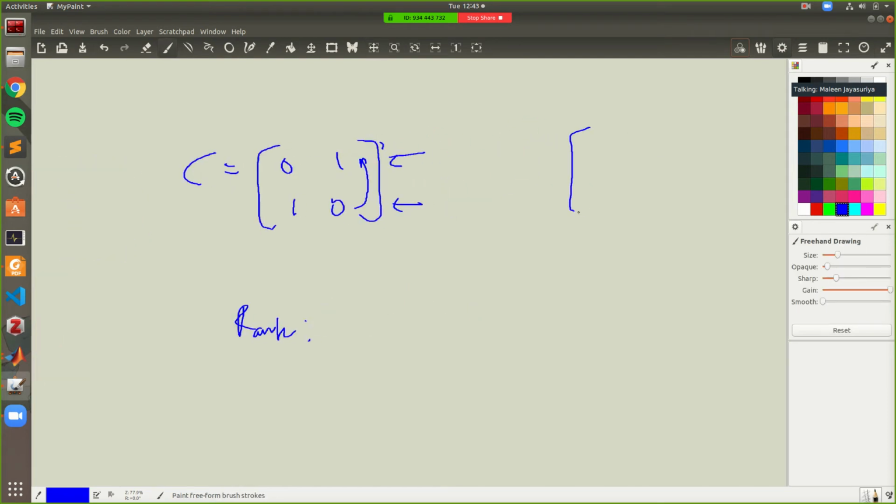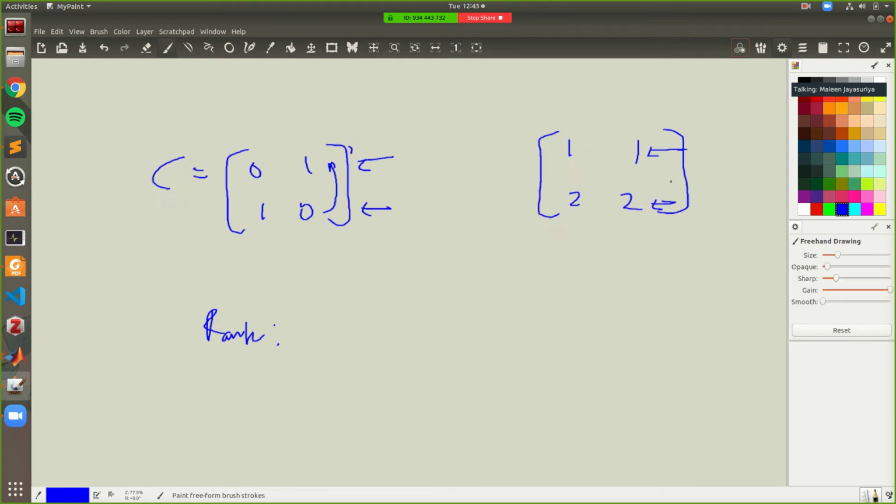As a counter example, if I had this as my controllability matrix, I can either divide this row by 2 or multiply this row by 2 and get the other row. So the number of linearly independent rows in this is just 1. Here it's 2, you have 2 linearly independent rows. As in the rank of the system is just 1, because we just have 1 linearly independent row.